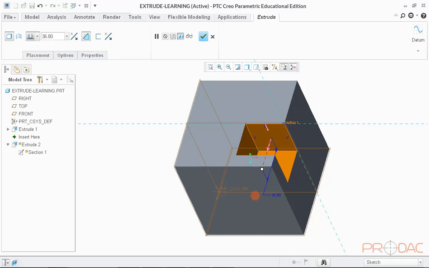Cut distance input can be given in the model directly, or in the field provided in the menu bar itself.